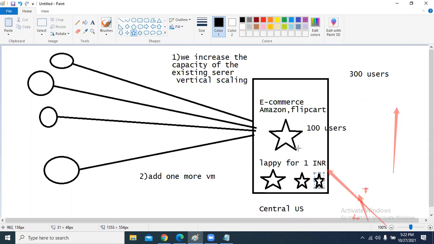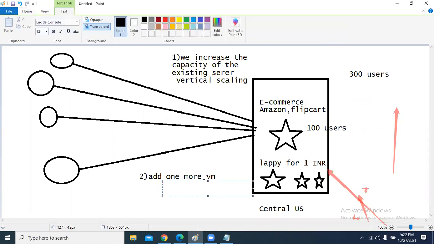That means dynamically machines will be coming up. When there is no traffic, no usage, we are going to reduce the servers. So add one or more VMs, or remove them when the traffic is very low. When there are only 50 users, because the offer is over and nobody is going to use this application, we have to remove one VM. This is called horizontal scaling.